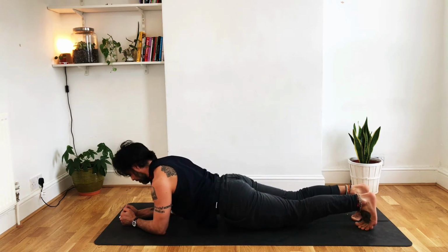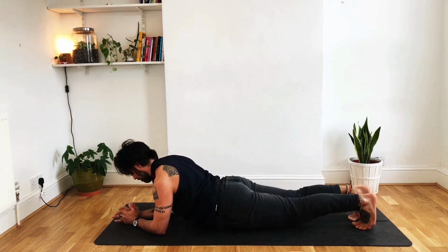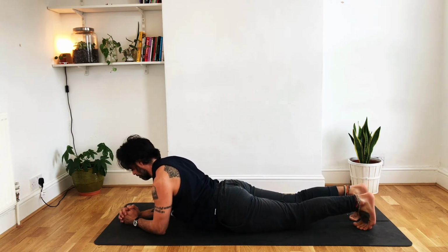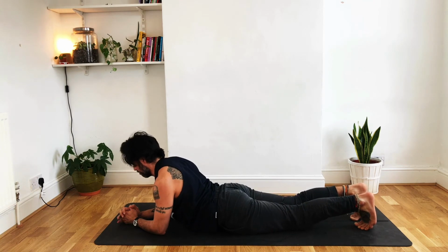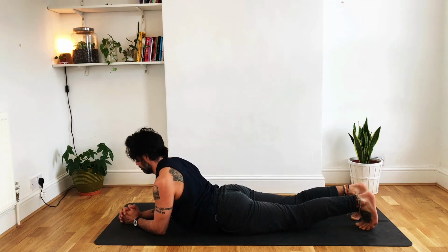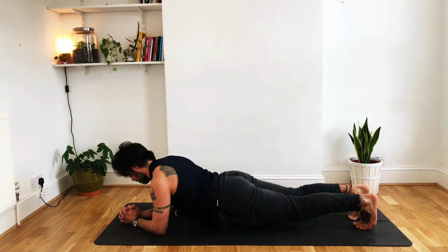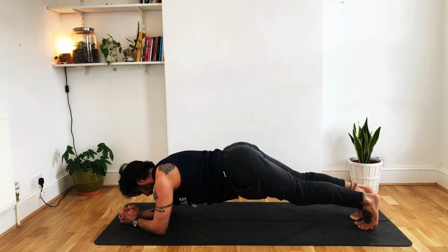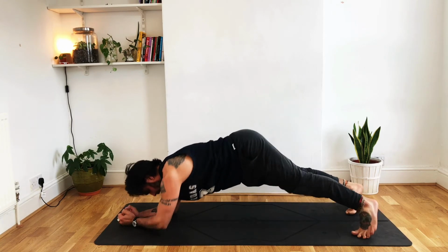3, 4, 5, 6, 7, 8, 9, 10. Now we're going to come into a side plank, so feet a little wider so that we can roll